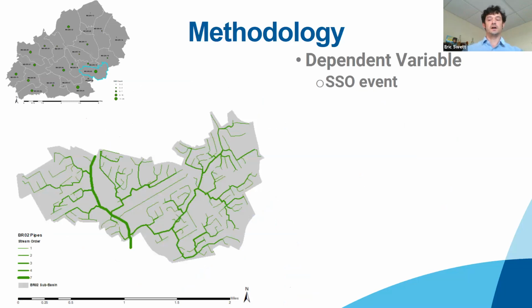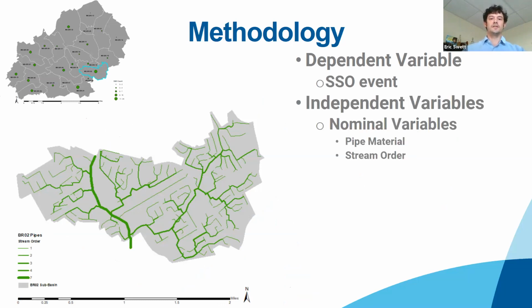So the first, well, what's my dependent variable? Well, it was the occurrence of an SSO. So that is my dependent variable here. The other independent variables I chose, 2 of them were nominal, so they were categories. So the pipe material, which is, again, the assumption we've gone with this entire time, is to target